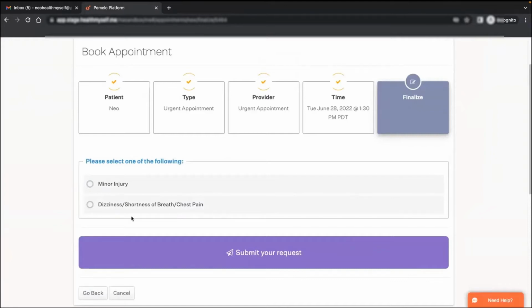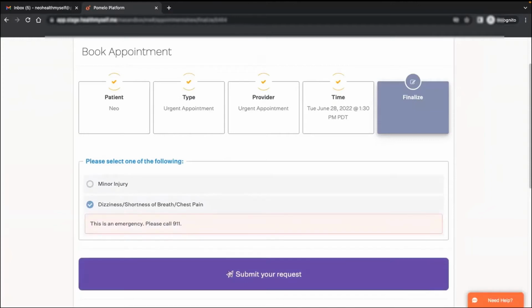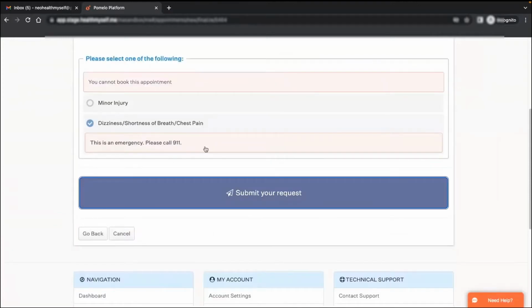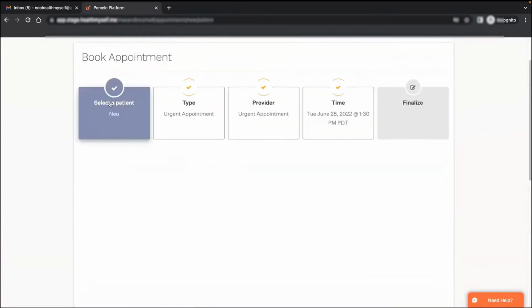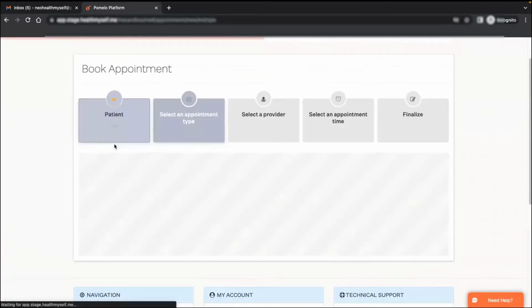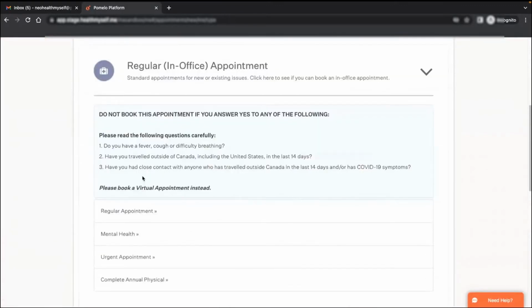Again, customizable. You choose how many and what they say. And let's say in this case, the patient says they're dizzy and they can't breathe and they're having chest pain. If they select that, we can actually block the booking request and let them know XYZ instructions, that's a customizable alert. Whereas let's say if I went back and selected a mental health appointment for myself,